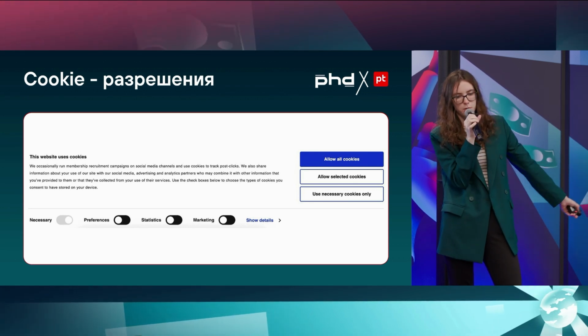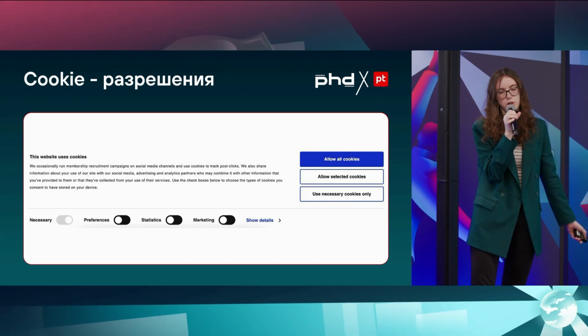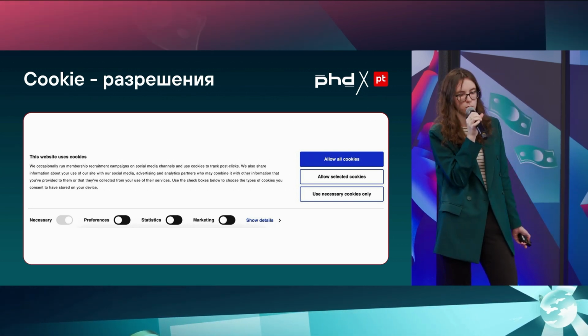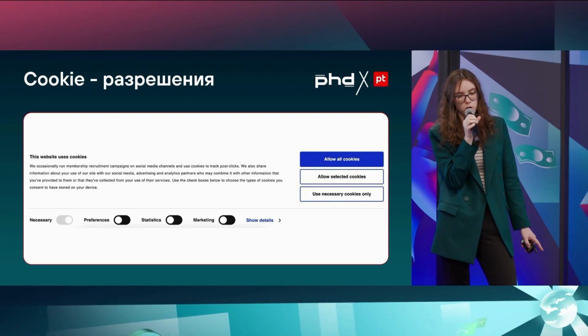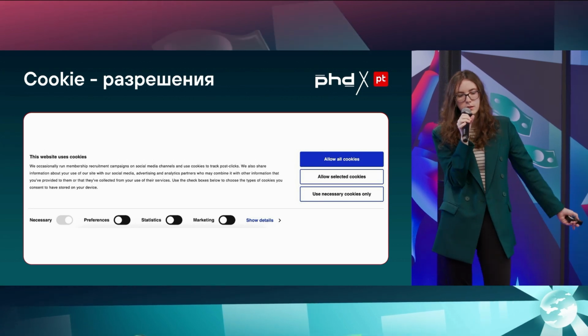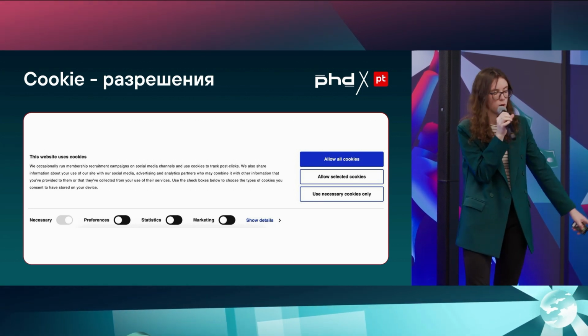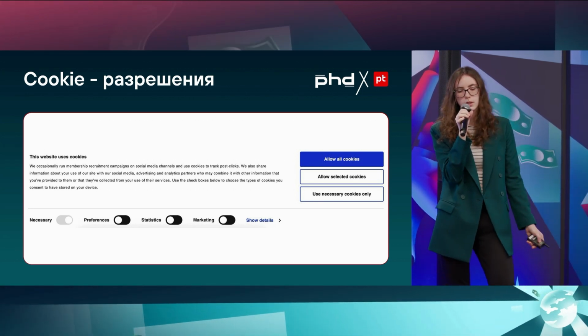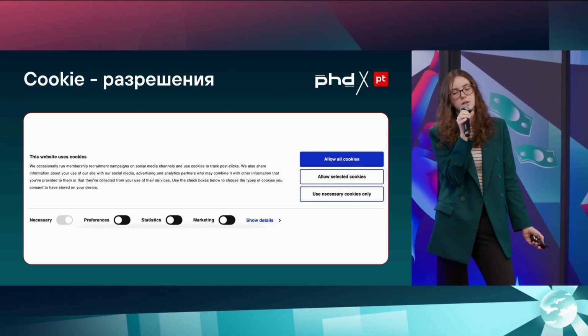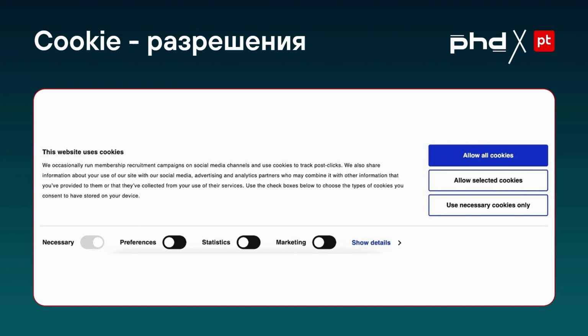As you understand, this is a request for cookie permissions, with various controls. There are buttons, there are switches, and there's a link. What settings can I change here? Let me start with what settings you cannot change. Those are the mandatory cookie files. Even though this says that you can turn them on or off, this switch is disabled, so it's not very clear why you want to mention it altogether.